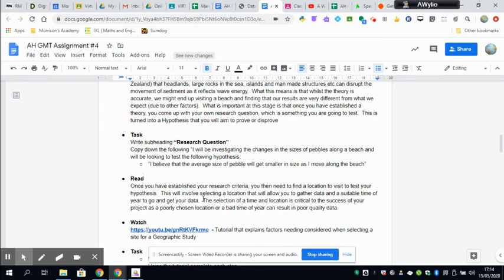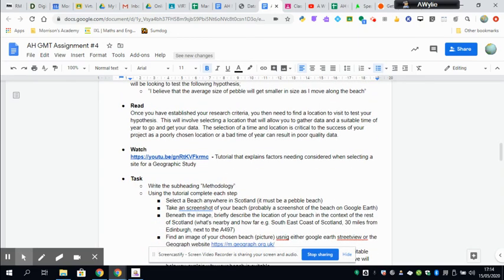Right, got a little bit more reading to do, because now we're going to look at discussing locations. So this tutorial has me telling you how to find a suitable map and find a suitable photograph of a beach, and you've got free choice of anywhere in Scotland to pick a beach. You're going to use Google Earth to find one. What's important is that you take a screenshot of that beach and that you describe where it is, where it's